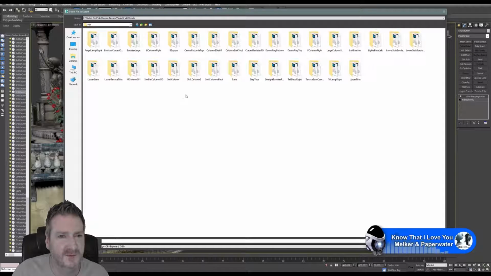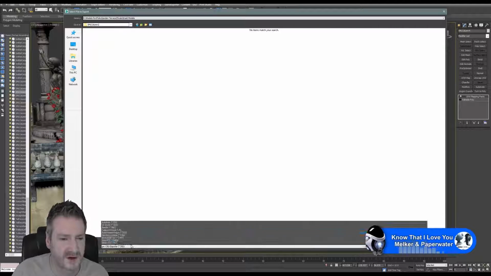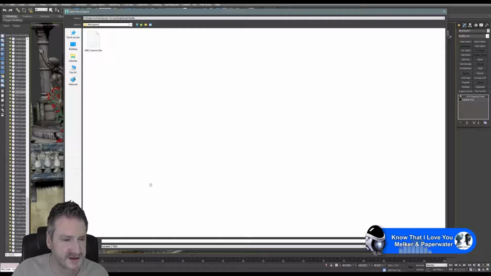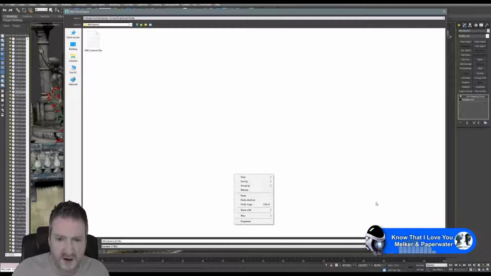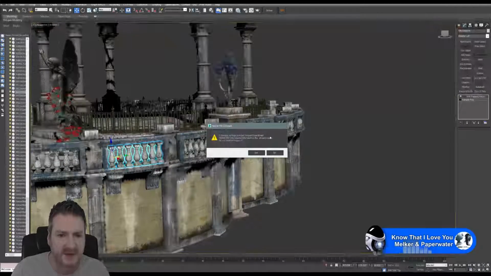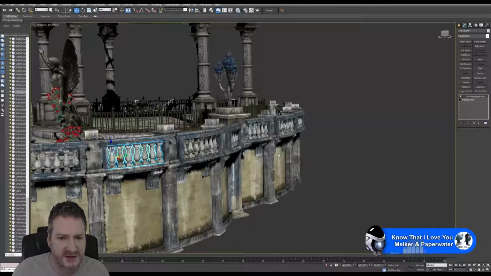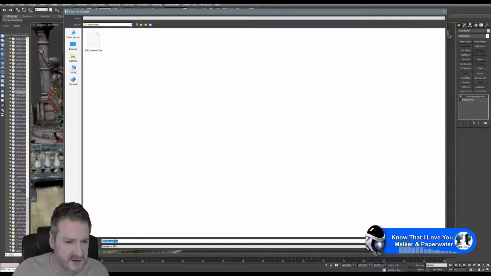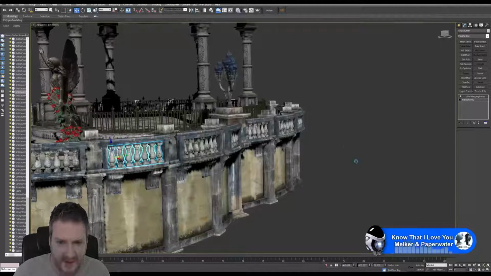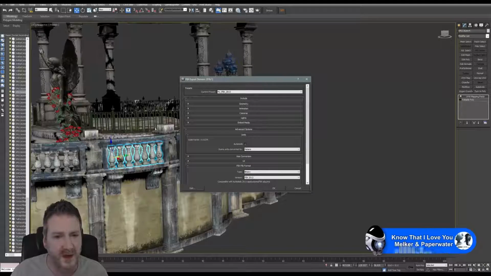FBX. Small column 2. FBX. I'm going to call it R2, but R2 for revision 2. Save. No, I don't want to replace it. Right. I'm just going to leave it on the defaults, and I use a preset just called FBX 2013 because you can use different versions of